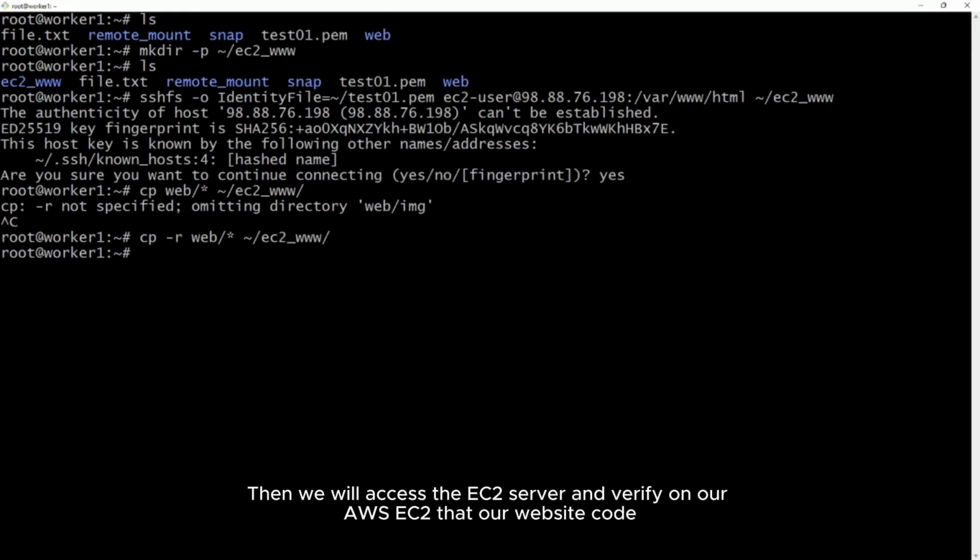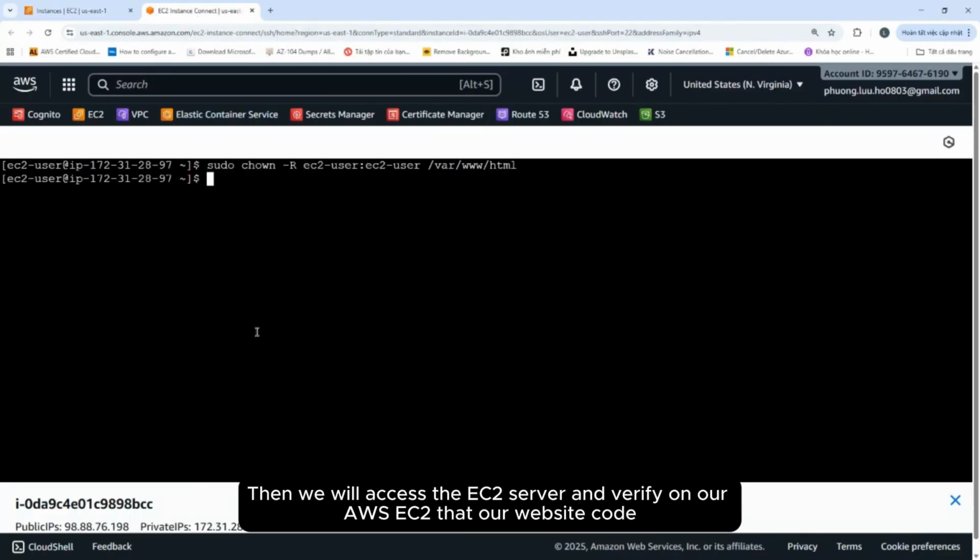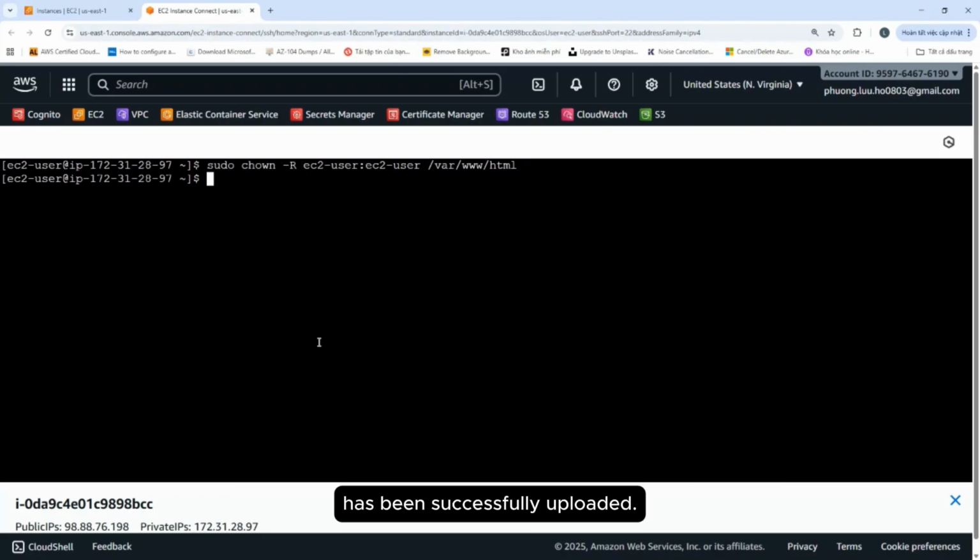Then we will access the EC2 server and verify on our AWS EC2 that our website code has been successfully uploaded.